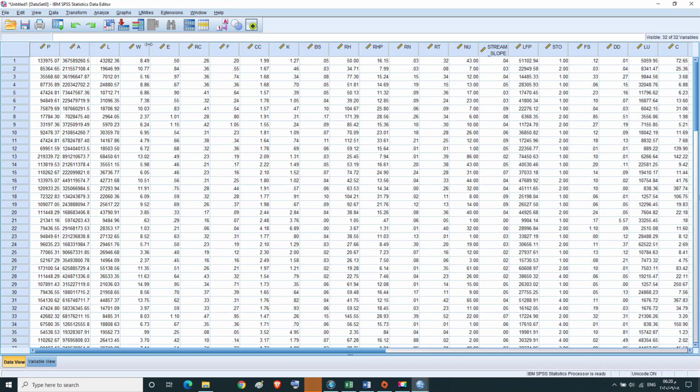Then we save the characteristics and parameters that we entered into the IBM SPSS program by clicking on the Save icon.